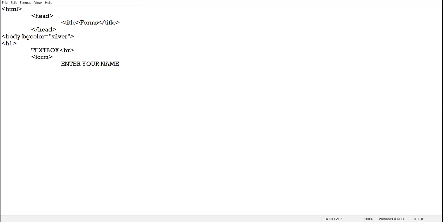In order to create the controls, the tag is input, space type attribute equals to, write the name of the control which you want to create. I want to create the text box, so I will write here text.